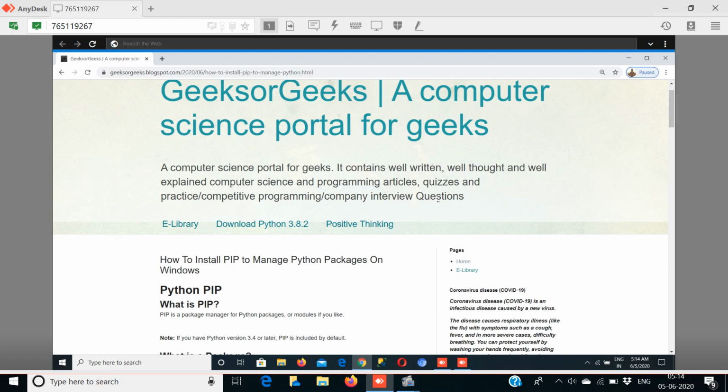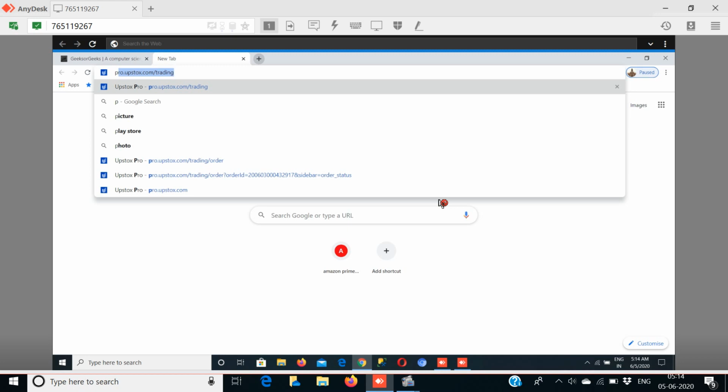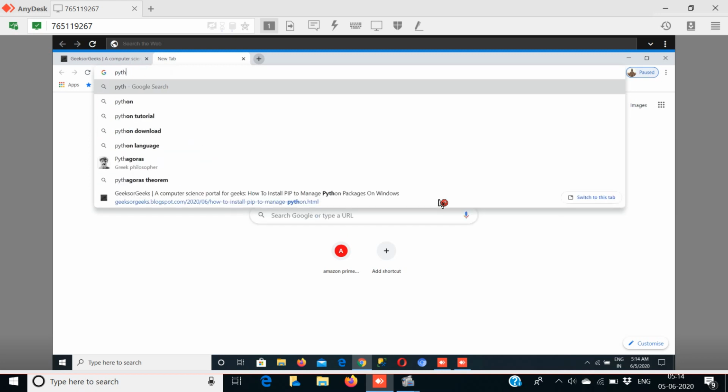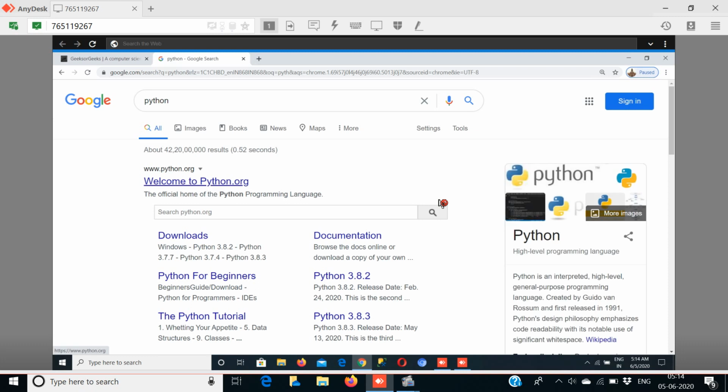For this, first you have to, of course, visit my blog GeeksforGeeks. I will provide the link of this blog in the description if you are new. First visit this blog and then download Python from here, or you can directly download Python from python.org.